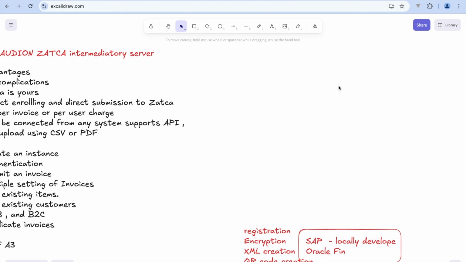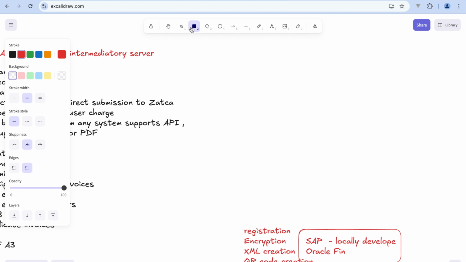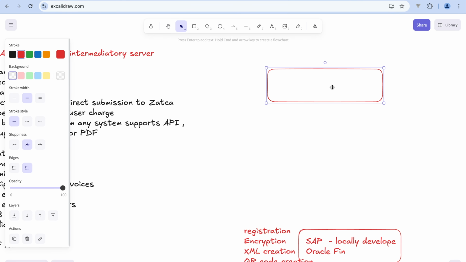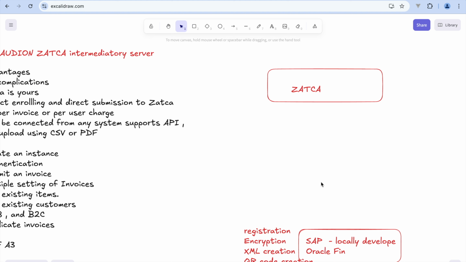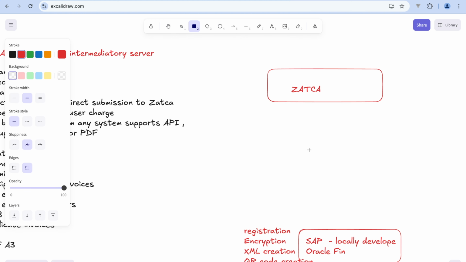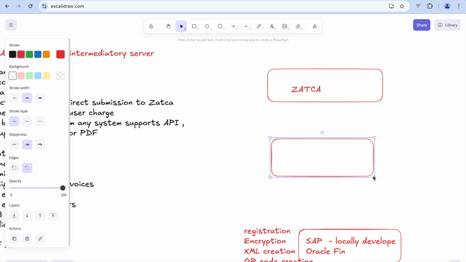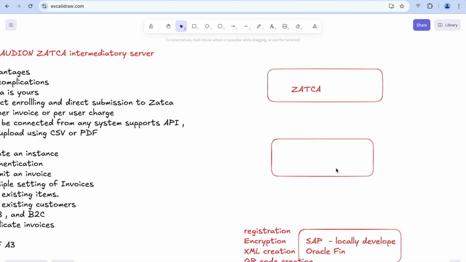So I will draw a ZATCA server here. There is a ZATCA server here, and there can be many reasons that you cannot send e-invoicing to ZATCA. So what we do in this case is put an extra server here. It's a cloud server, your own server on the cloud. It's not a third-party server. So we will put an intermediate server here